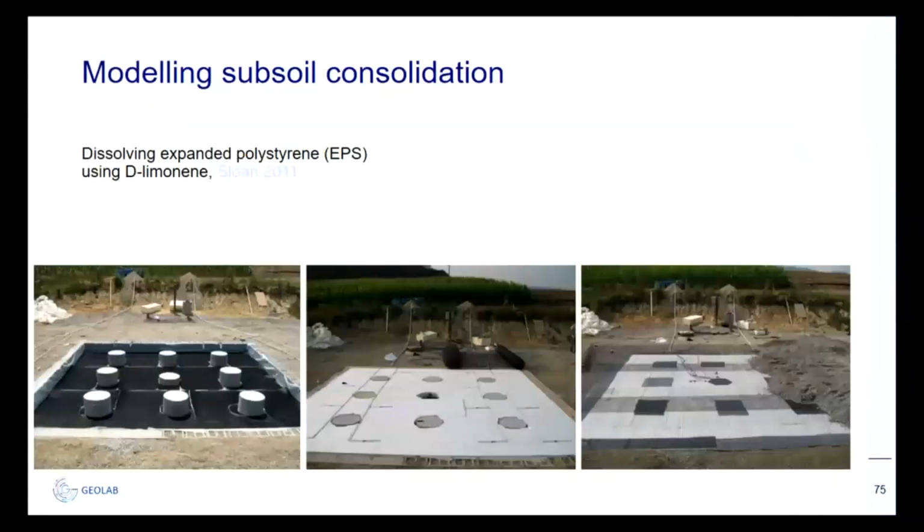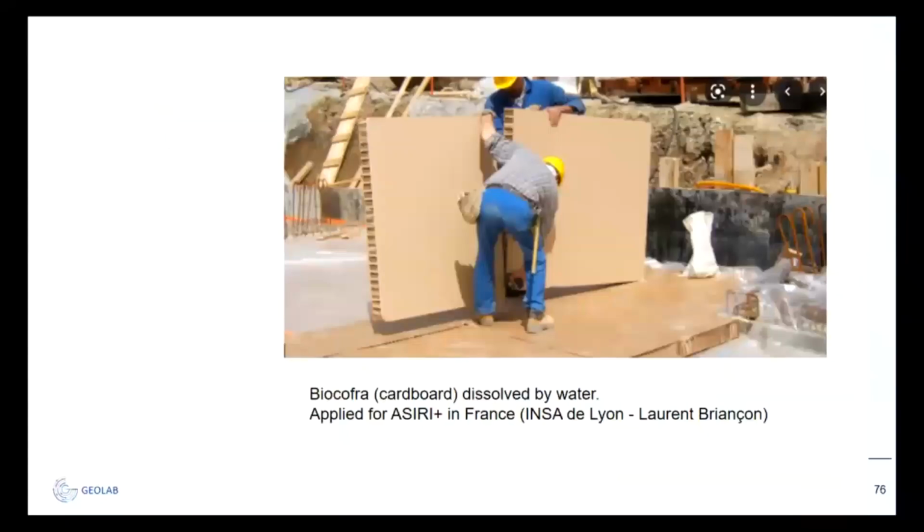This was done in Brazil, and this is EPS, and they dissolved this with orange peel juice because EPS dissolves in orange peel juice. Large-scale tests. And this is done currently in France, large-scale tests on piled embankments. And here they use the cardboard, and they just make it wet. And when you make cardboard wet, it